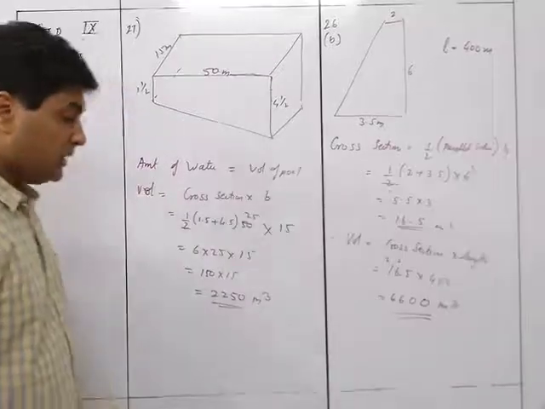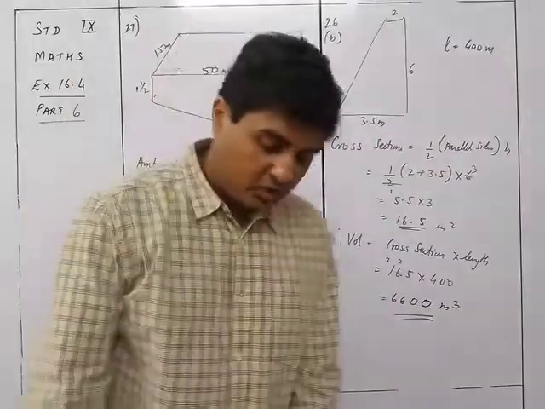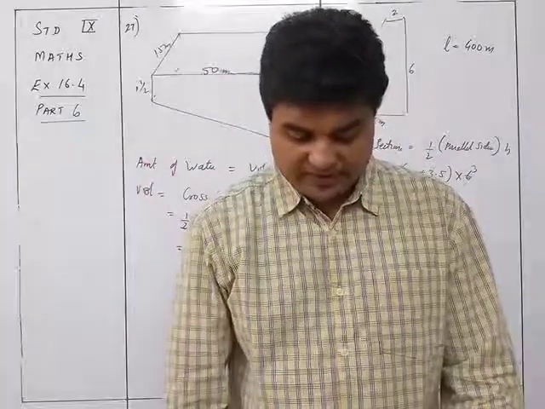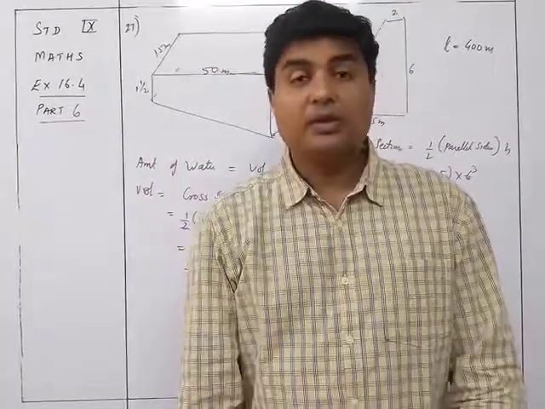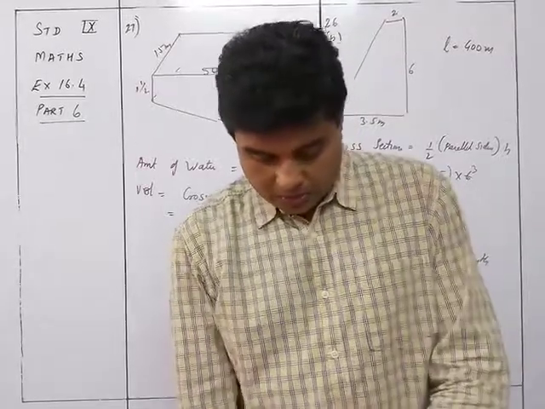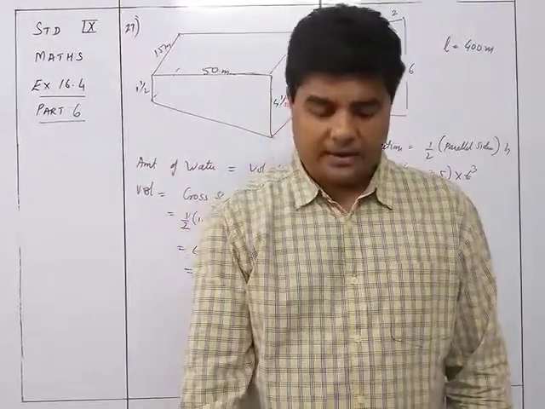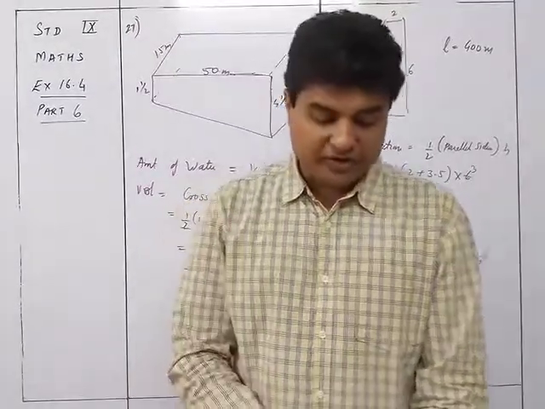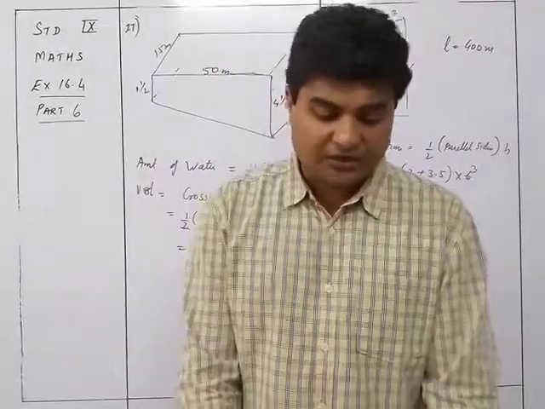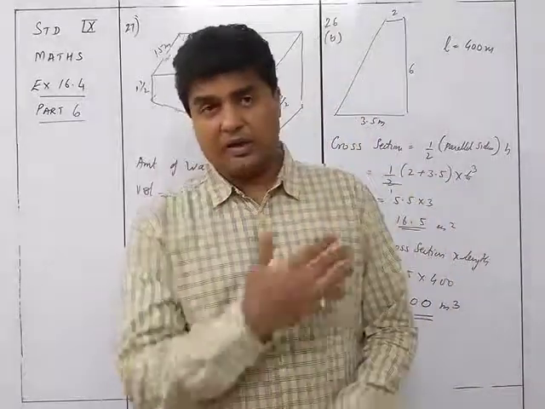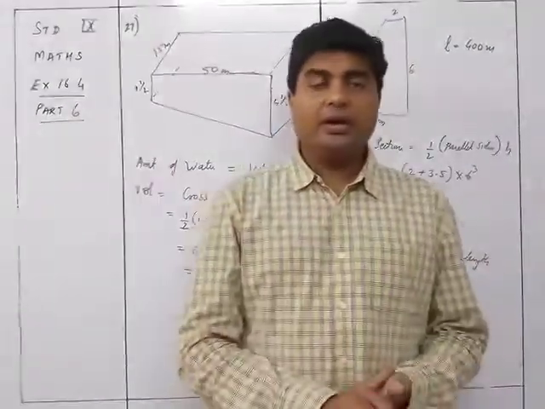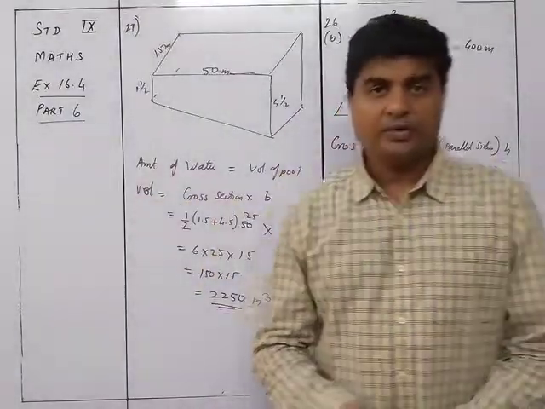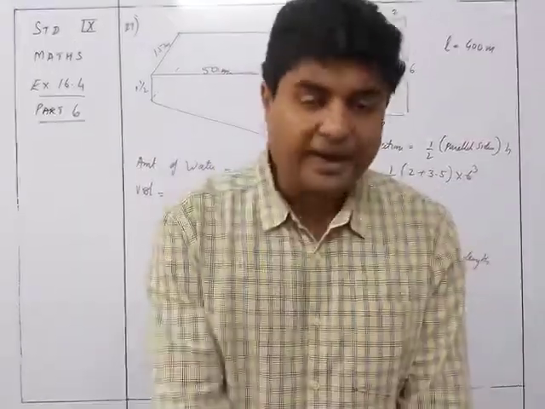So that was the end of the chapter. This was the end of the 16.4 exercise. So you can see that this was the last sum, right? So you can go through this properly, and in case of any doubts you can let me know. Okay, this was the end of the chapter, mensuration. So we had done the first part of mensuration, that is A and B, earlier before the vacation, and the C and D part, that is 16.3 and 16.4, we just completed right now. So that was the end of mensuration.